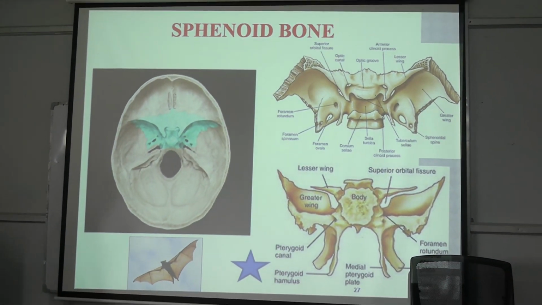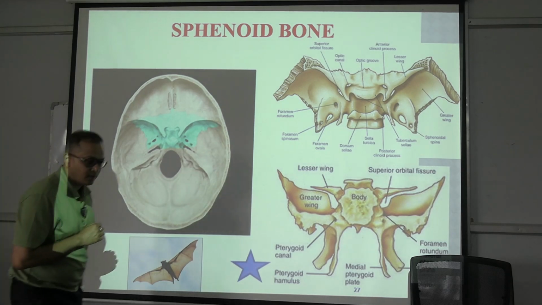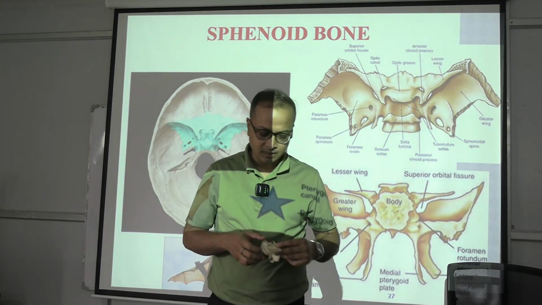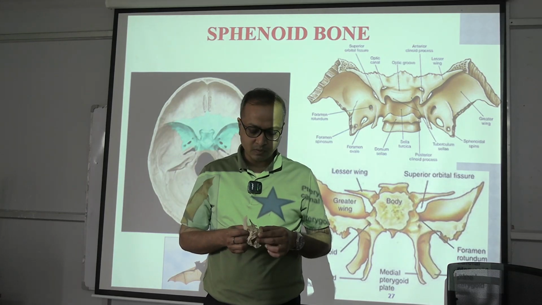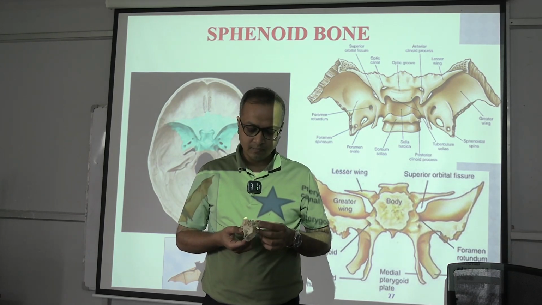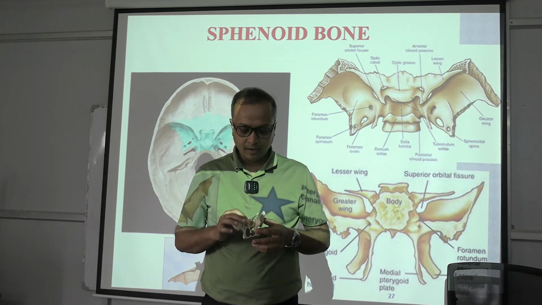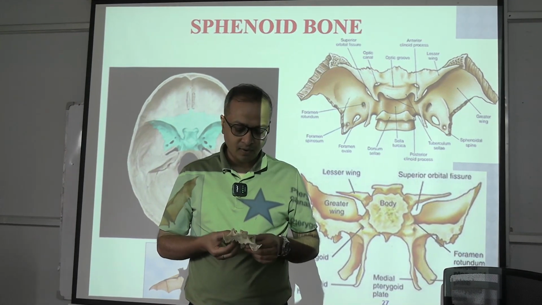So, you should be able to identify the sella turcica, which holds a cavity that lodges the pituitary gland. Now, after that, you should be able to identify this